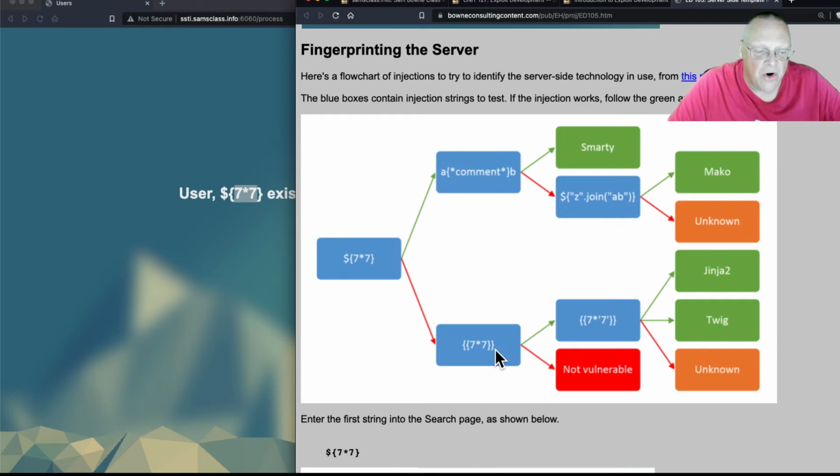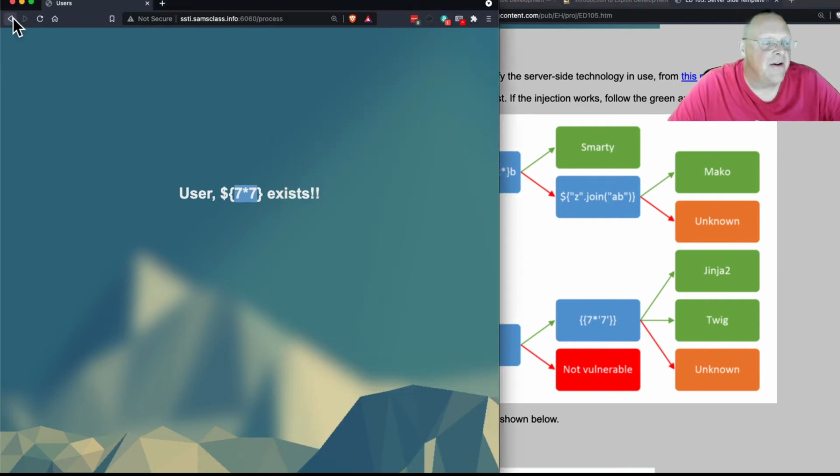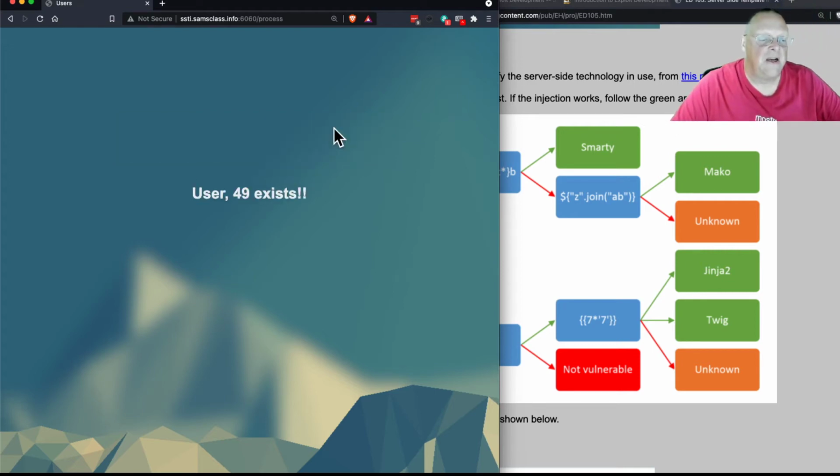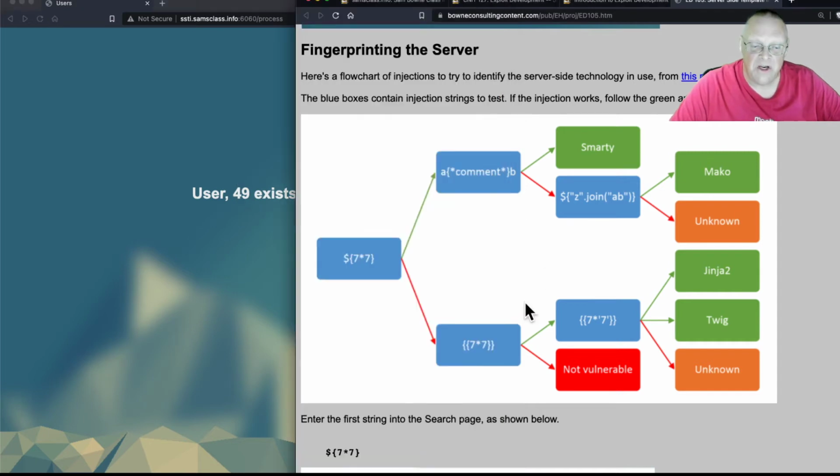So now try 2 curly braces, 7*7. So get rid of that and put in curly brace, and another curly brace. And that evaluates it. 7 times 7 is 49. So now you follow the green. Anyway, I think you'll find out that we're using Jinja 2 here. And so,